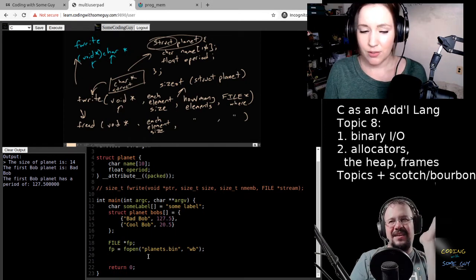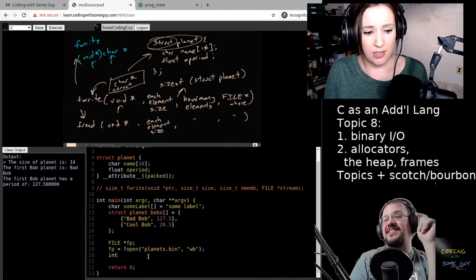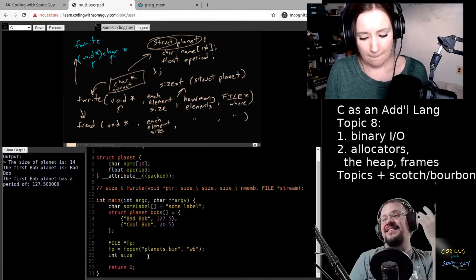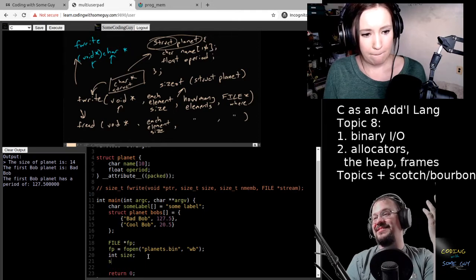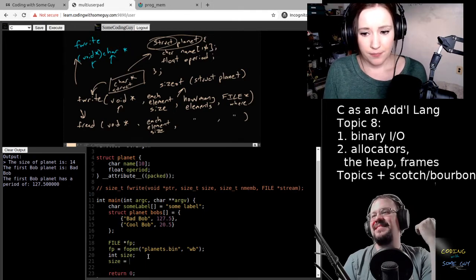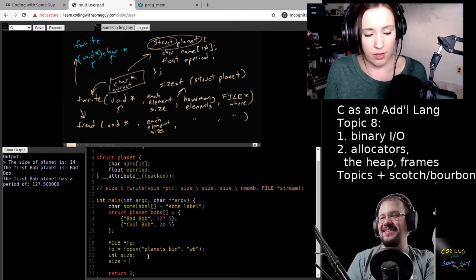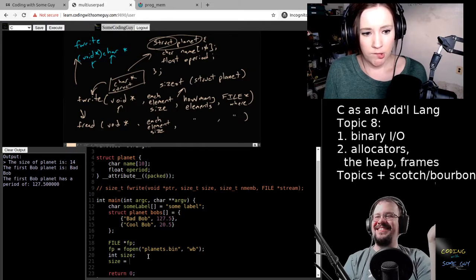It's a big integer, but it's a size_t. It's exactly the same type that's returned by sizeof, if I want to know how big the struct was. In fact, I think it was added to the spec for that reason because they needed to say this is not necessarily an int.